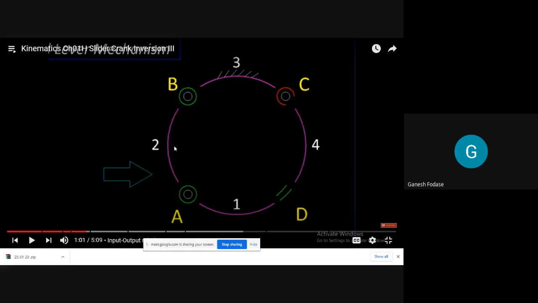So 2 is a crank. Now you can see link number 1 has a turning pair on one side and a sliding pair on the other side, while 4 has a sliding pair here and a partial turning pair here, while link number 3 is fixed. As we know, link number 3 is fixed, it is Inversion 3. You can also remember that. Okay, now let's see further.